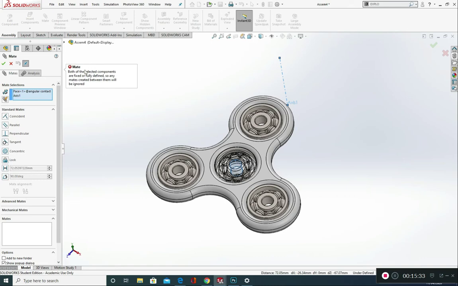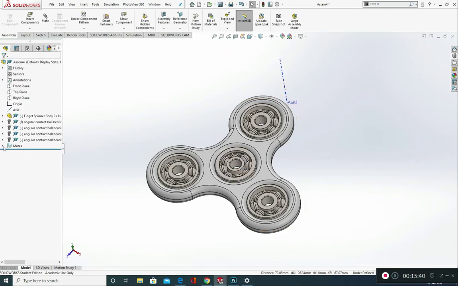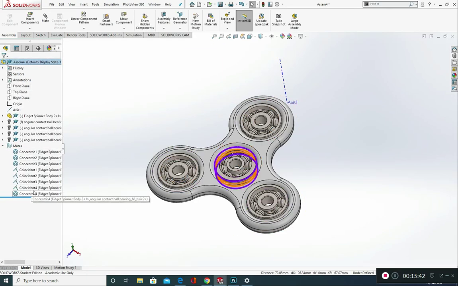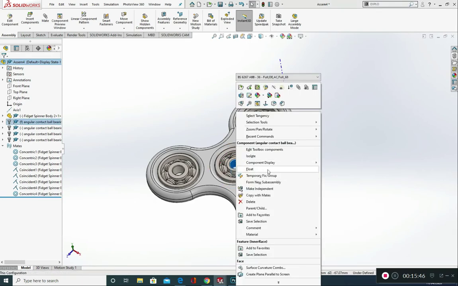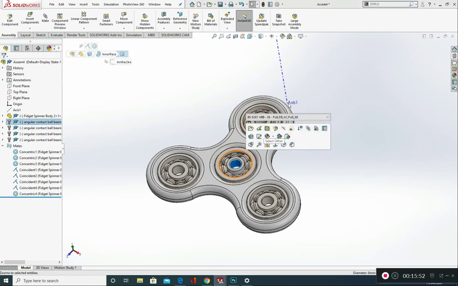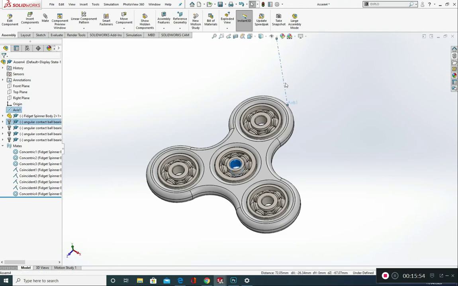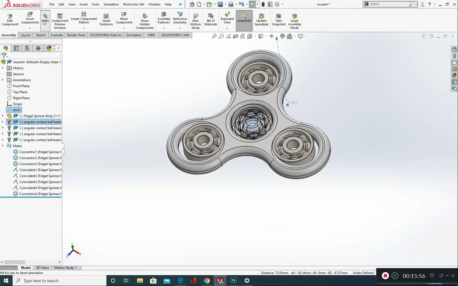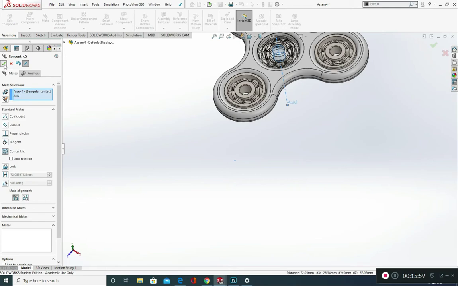Okay, you can see it's not moving. Okay, the reason for that is because there's a mate assigned to this. So we're going to go into mates. Just check that one. That should be fine. We're just going to right click on this and float, all right, for the time being. So everything's floating. So I'm just going to left click on this, hold down Control, left click on this, and mate. That'll move it across. Green tick,